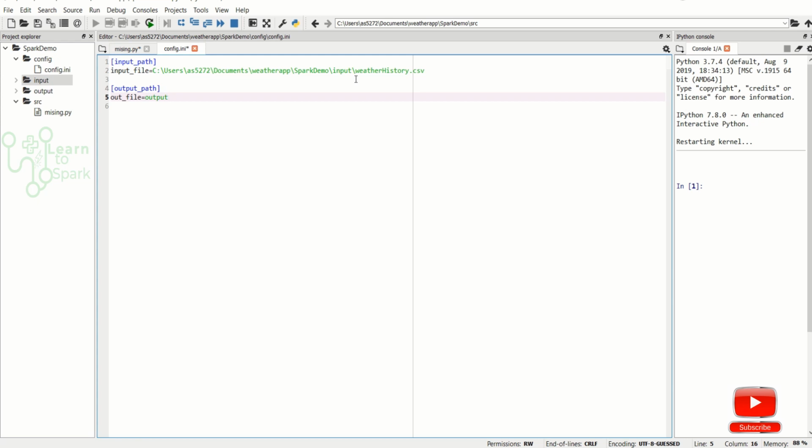In this way we can define our config file. I am saving the file, so now our config file for the input path has been given.